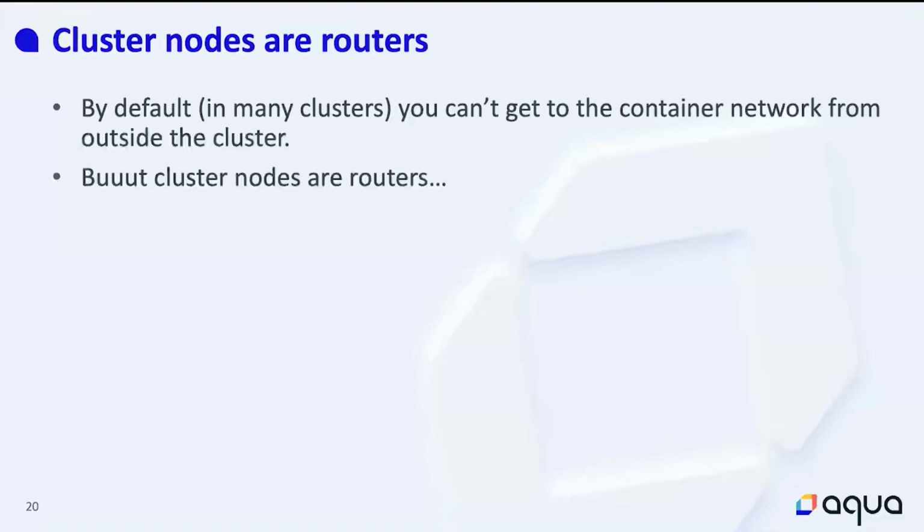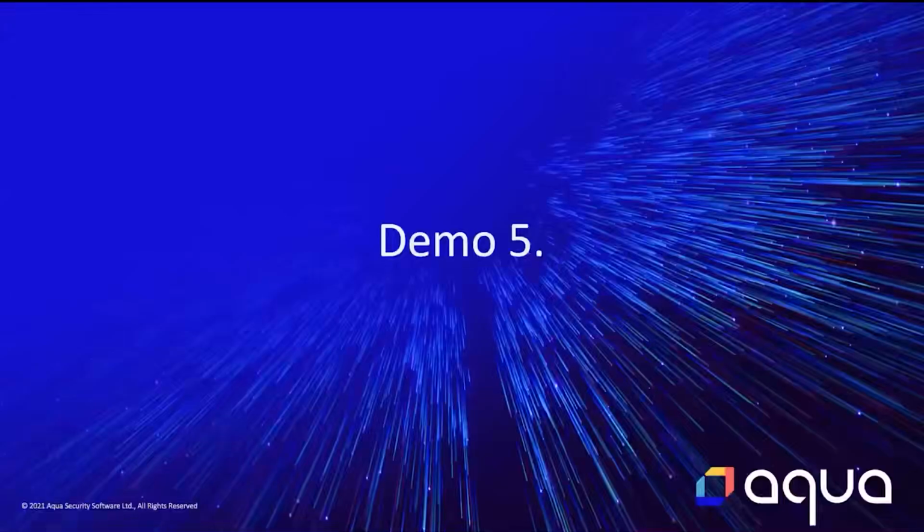So when you're in an on-premise cluster, you would have a separate subnet for the cluster that you can't access from the outside world. Now, if you're on the same IP subnet as the cluster, you will be able to access the container traffic of the cluster itself. Just one of those things. Now, here's demo 5.